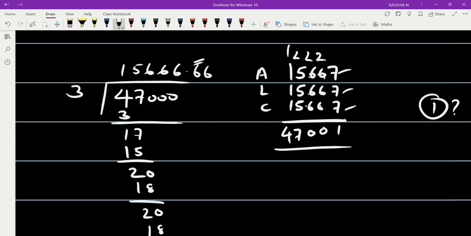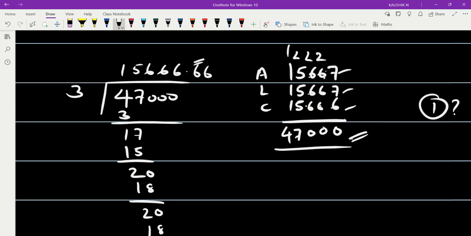So in that situation, what you have to do is, for the third partner, you should not show the rounded value. It will be shown as 15,666. Now it will become 7 plus 7 is 14, 14 plus 6 is 20, and 2 other. Now you'll get exactly 47,000. Am I making sense to you? Can you understand? Okay. So here you can see 47,000 is an amount. When you divide by 3, the problem comes in this way.